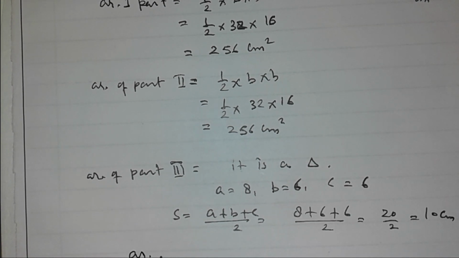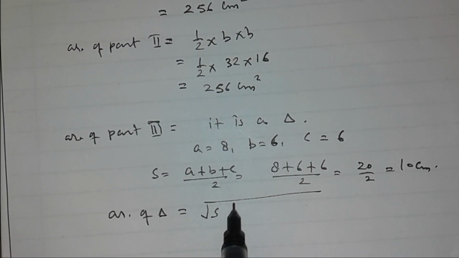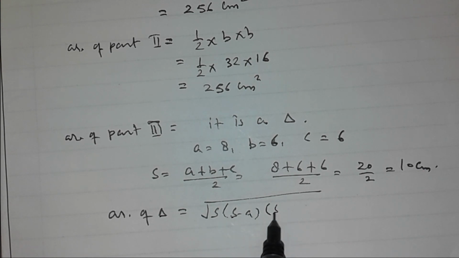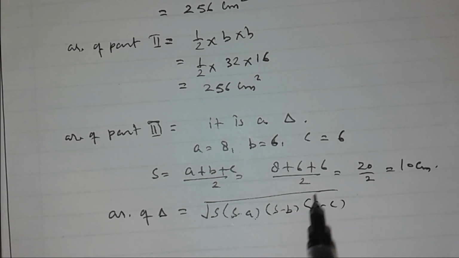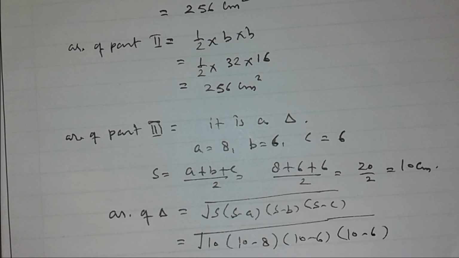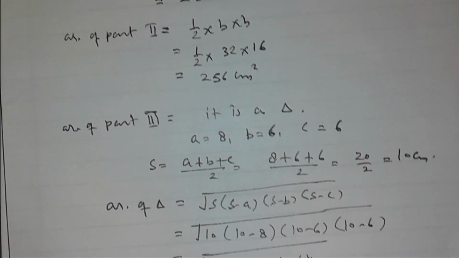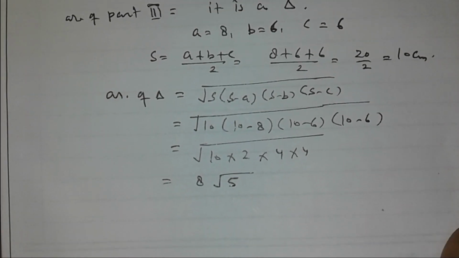Now area of triangle is root of S into S minus A, S minus B and S minus C. So it will be equal to, S is what? 10. 10 minus 8, 10 minus 6 and 10 minus 6. So it will be equal to root of 10 into 2 into 4 into 4. When you solve it, you will get 8 root 5. And if you put the value of the 8 root 5, you will get